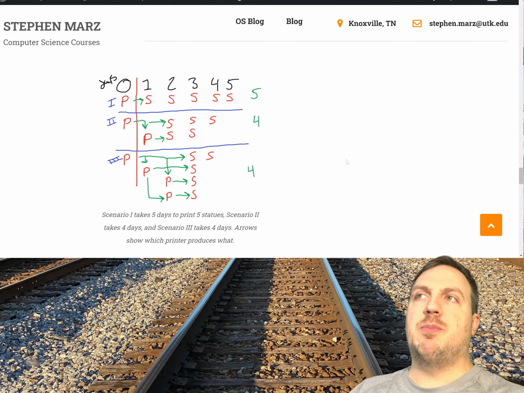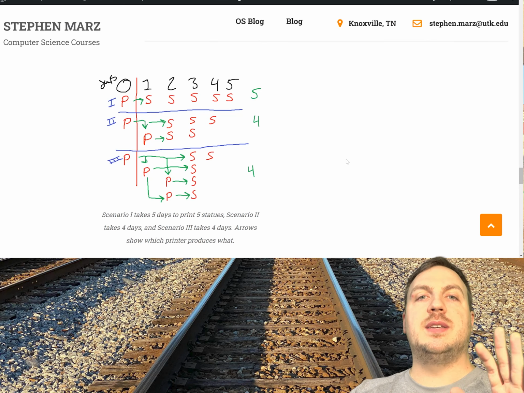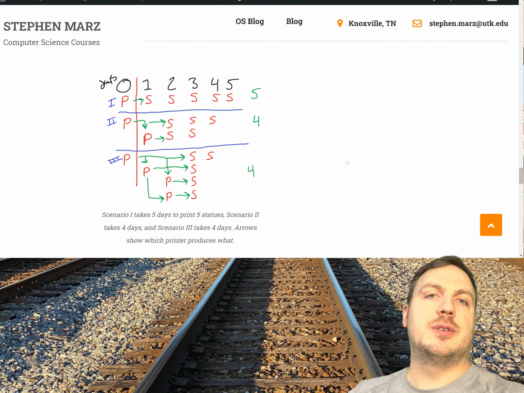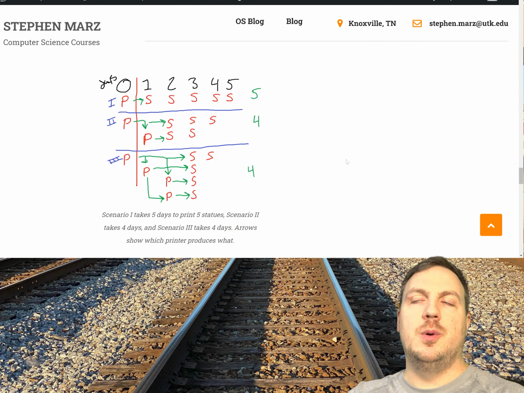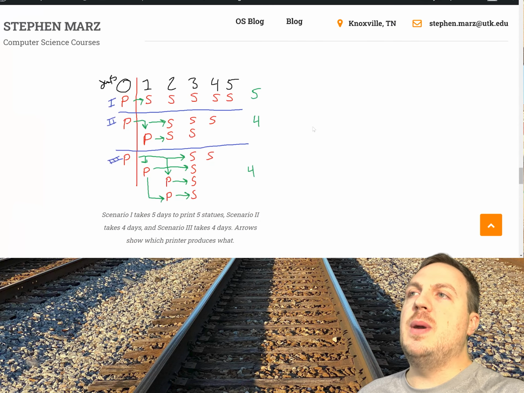So as you can see with this problem, if we just keep printing statues, it takes 5 days versus 4 days if we print 1 printer, and then both of those crank out the statues. So as you can see, there is a difference between these 2 methods. And then finally, we have